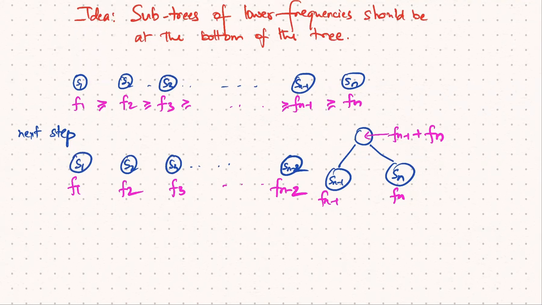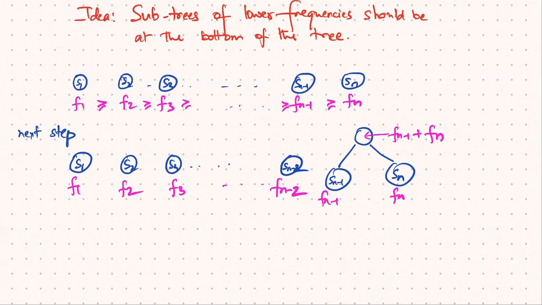Now in the next step, what do we do? It's not necessary that I combine these two. Right? It's not necessary that I combine this subtree and this subtree. I have to look at the two subtrees which have the least frequency, right? And pick them and make a subtree with those two subtrees, join those two subtrees, right? So maybe fn minus 1 plus fn results in a higher value. So maybe Sn minus 2 and Sn minus 3 are the least frequency subtrees, in which case I'll have to merge those two. Right?